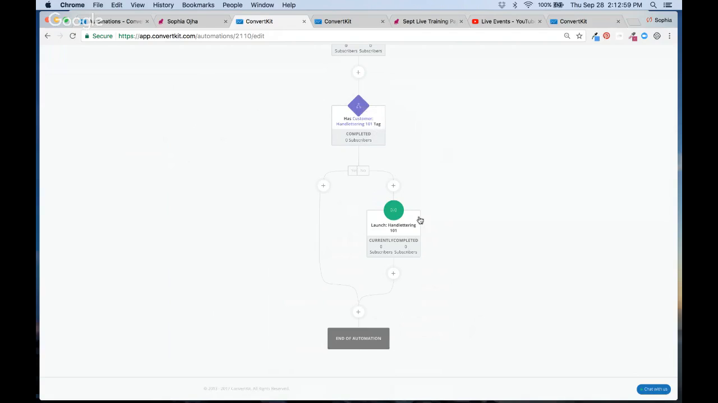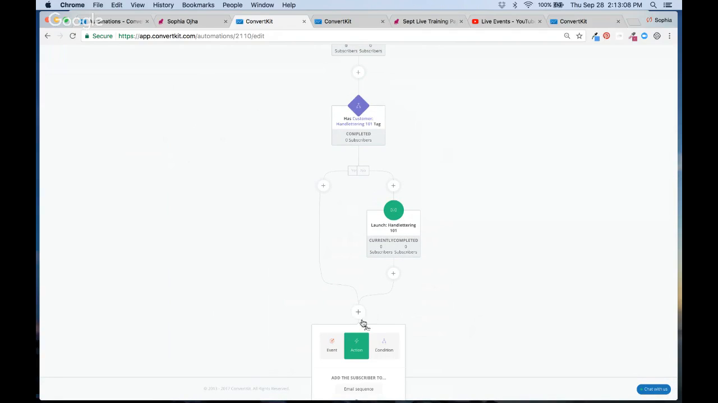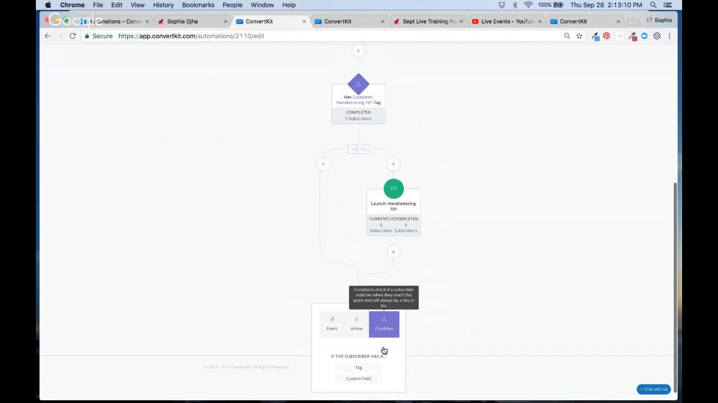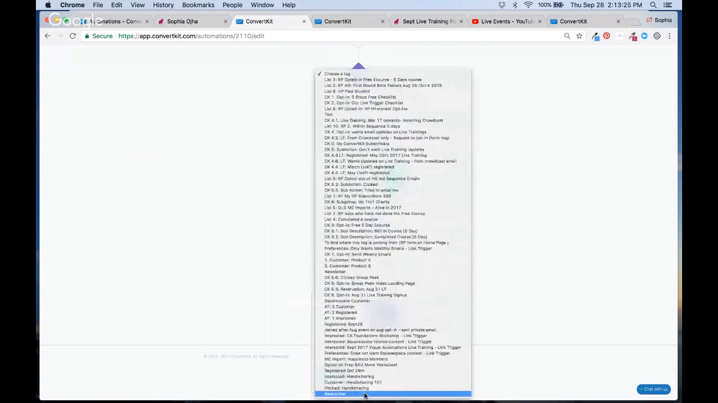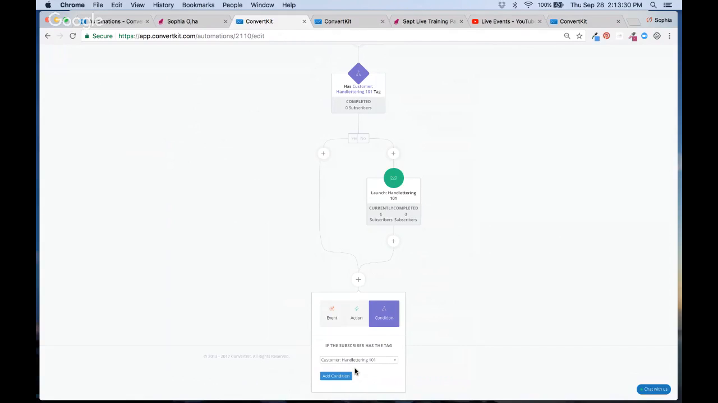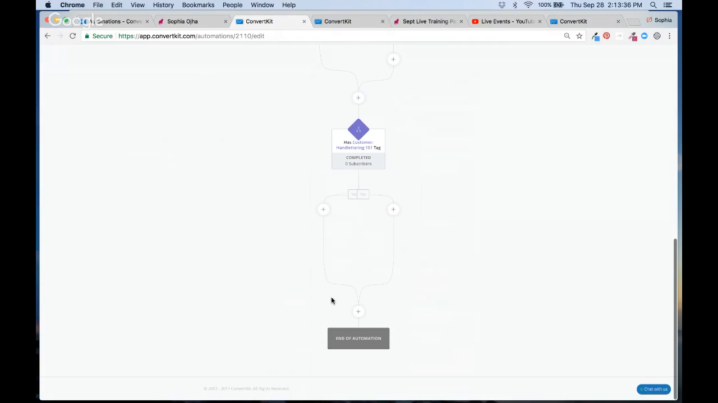If they don't have a customer tag, then we're going to pitch them the course. The next thing that happens is, again, we're going to ask a condition. After they've gone through this launch sequence, and if they've still not purchased, then what happens? We're going to again segment the list and say if they have the customer condition, then just keep going. Don't do anything. Let them be. But if they don't,